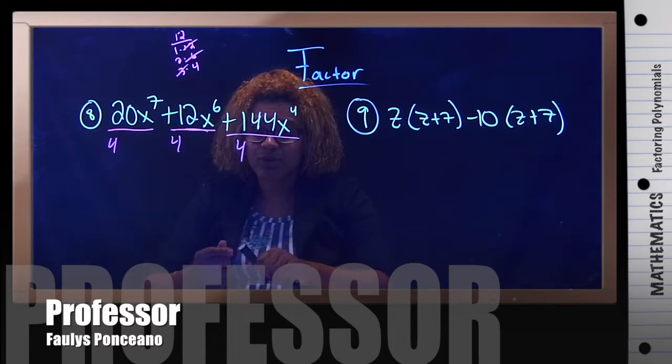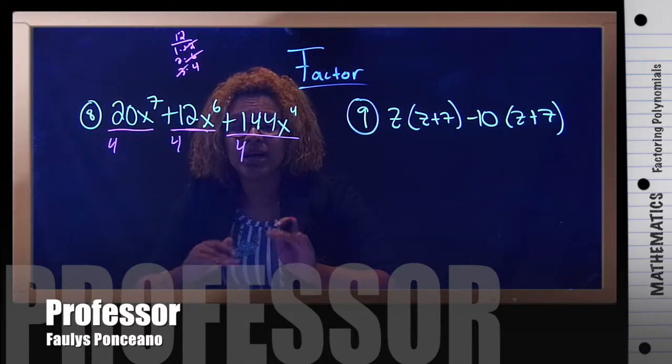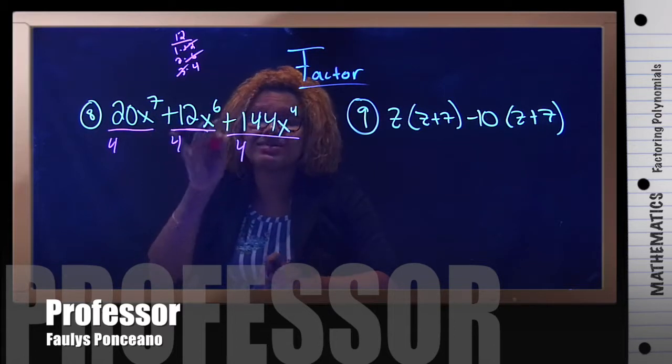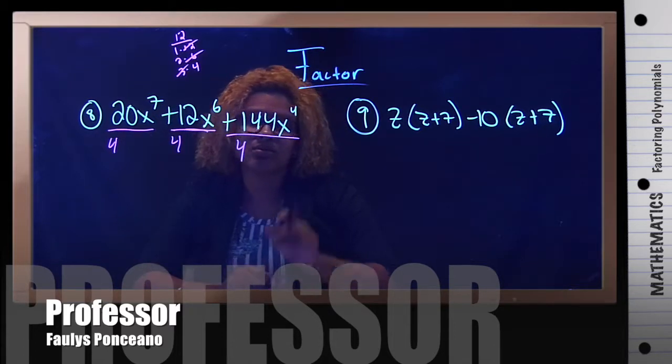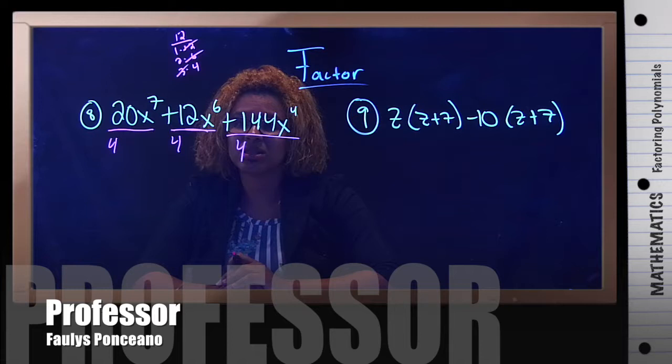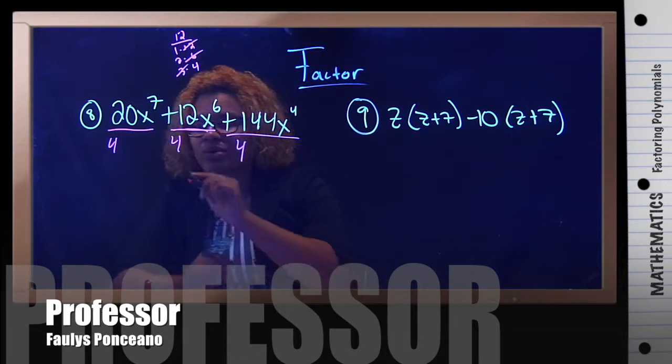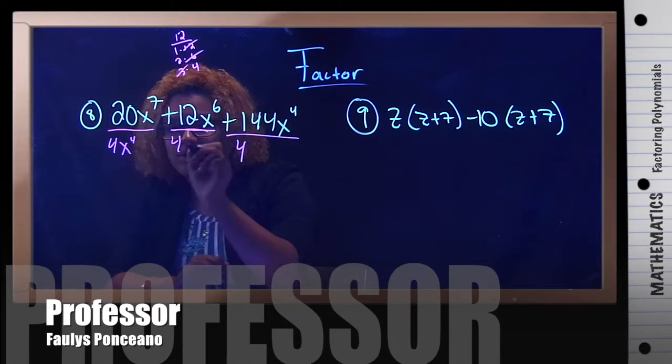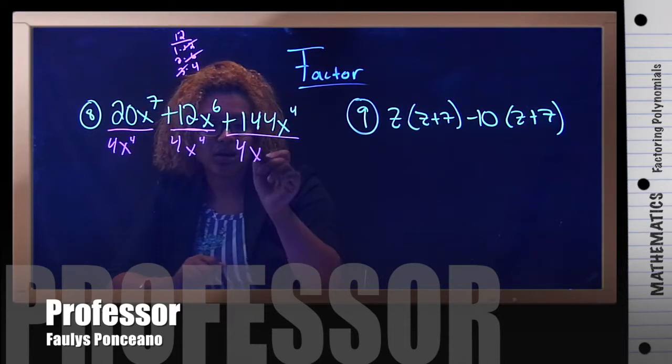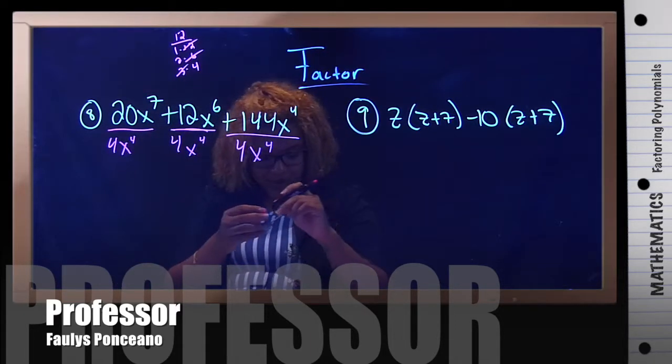Okay, now for the variables, you simply have to take out the smallest variable, the one that has the smallest exponent. In this case, it's x to the 4th. So x to the 4th. Okay, now